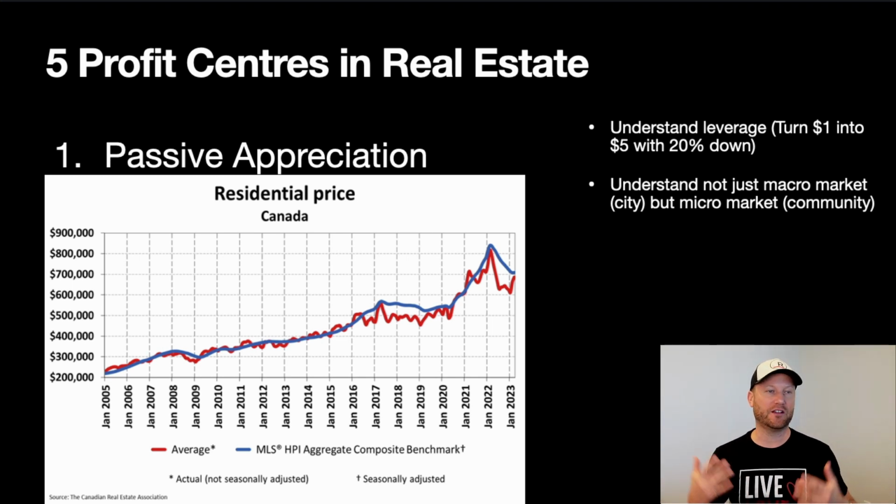So macro market, like we talked about the Canadian real estate landscape, well, this would be like the Toronto or the Vancouver or the Calgary or the Edmonton real estate landscape. But you can't go and just buy a property in Toronto. You're actually going to buy a community or property in a community in Toronto. And so the micro markets are the communities inside the macro markets that you need to know about,